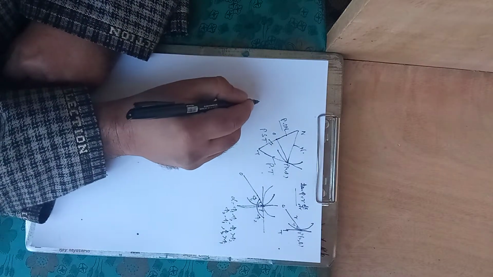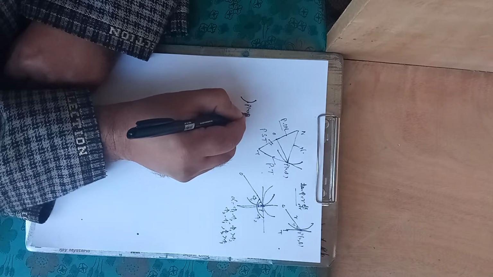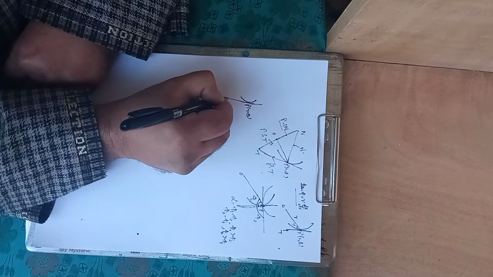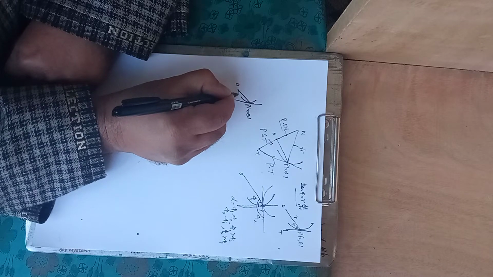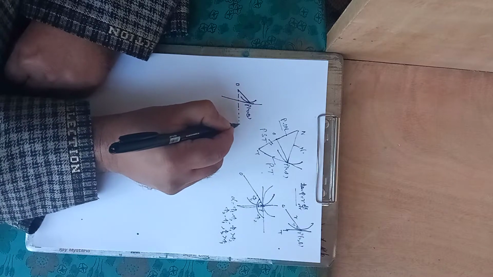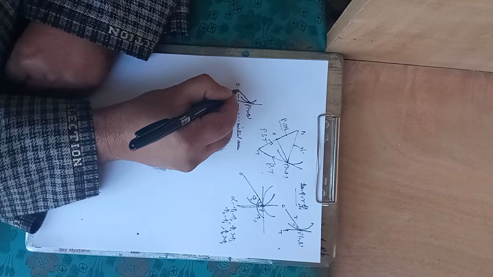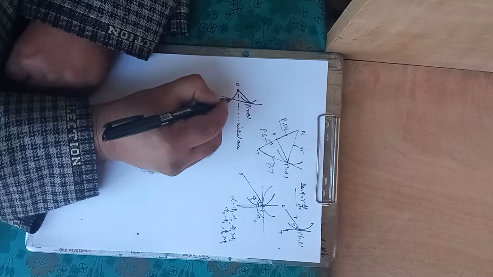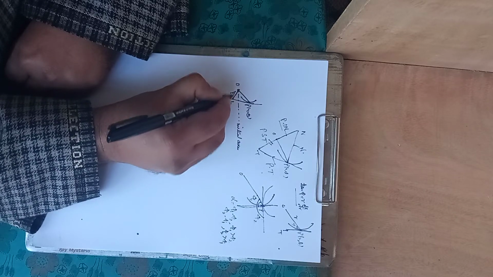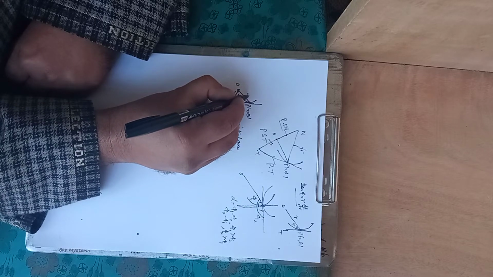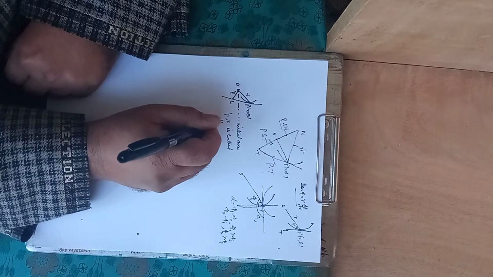Besides, I have shown that if you have a curve and P(r, theta) is any point on the curve, this is the tangent to the curve at P, and this is the pole. Obviously this is the initial axis. If I draw a perpendicular from this pole on this line, then this OL is known as small p, the perpendicular distance from the pole upon the tangent. This is r, and the relation between p and r is called the pedal equation.